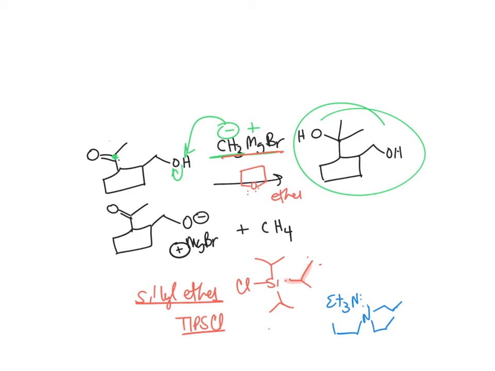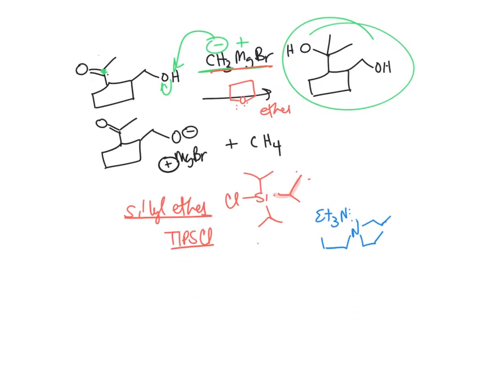Okay, and that will soak up the HCl. And if you do this, then now you can protect. It's called protecting group chemistry. So if you take your starting material and you react it with TIPS chloride and triethylamine, then this is going to do,